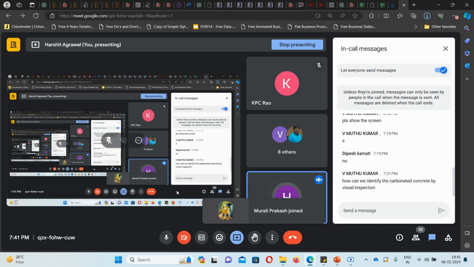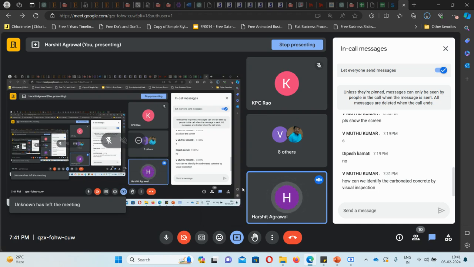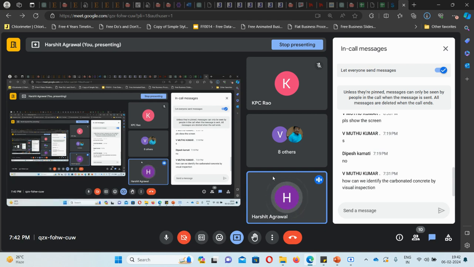How can we identify carbonated concrete in visual inspection? Maybe in visual inspection you may not identify that carbonation has occurred inside the concrete, but through some semi-destructive testing you can inquire about carbonation. Or one more way: if my concrete is carbonated and the carbonation depth has reached the reinforcement,